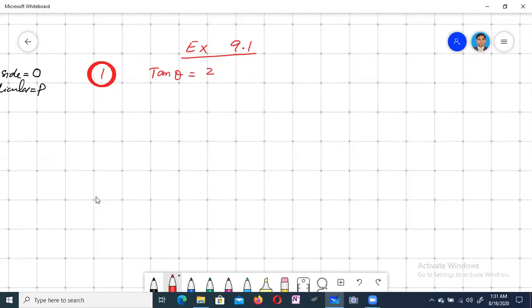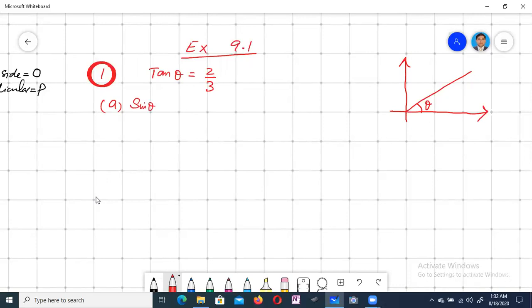tan theta is equal to 2 divided by 3, and theta is acute. You know, an acute angle will be in the first quadrant, greater than 0 and less than 90. Theta is acute, for example, like this. This is the theta. Find the exact value of sine theta. Part A here is the exact value of